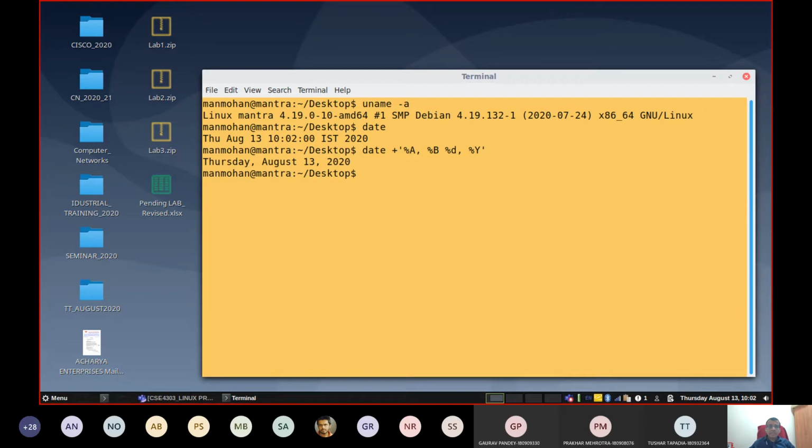Look into the way in which the output is displayed. Now it is in detail. Here it is displayed as THU for Thursday. Now you are going to get it in this particular way. Now time is displayed, year, date is displayed, month is displayed with the full details. Like this, any Linux command can take multiple options to format the outputs.